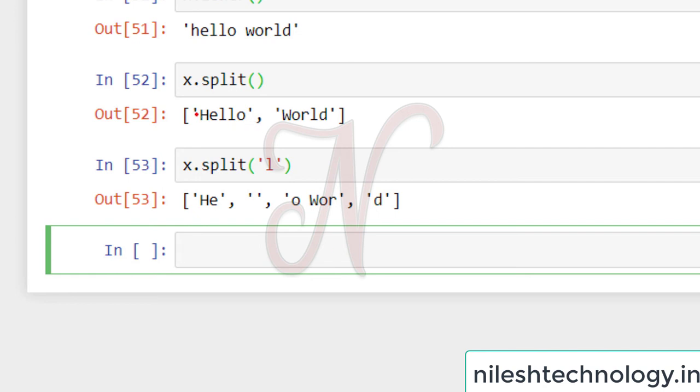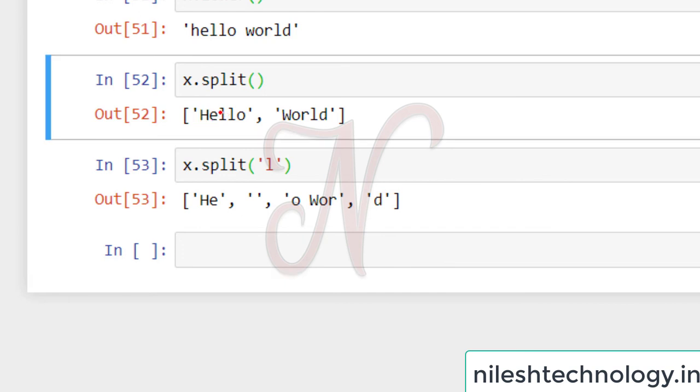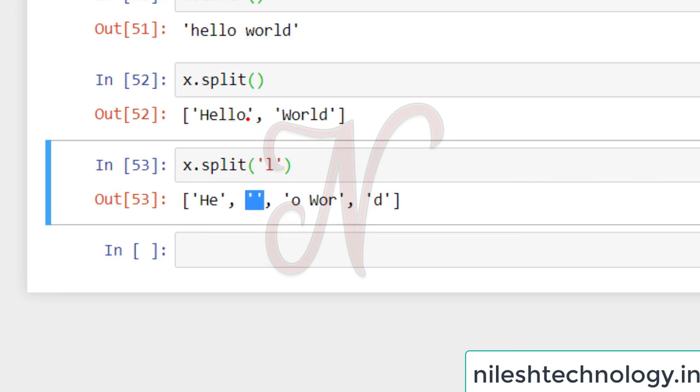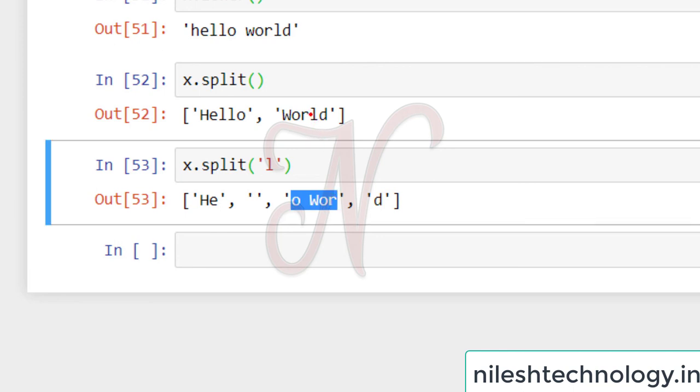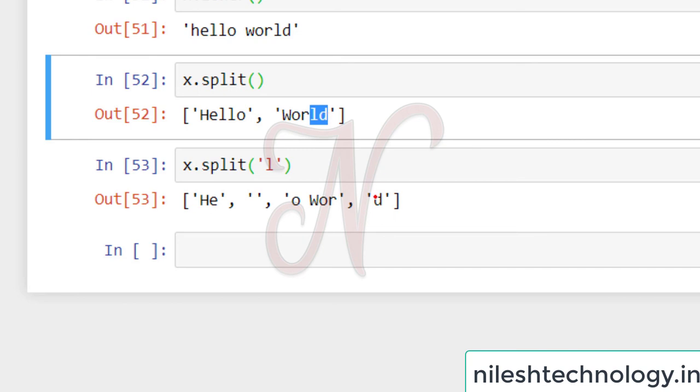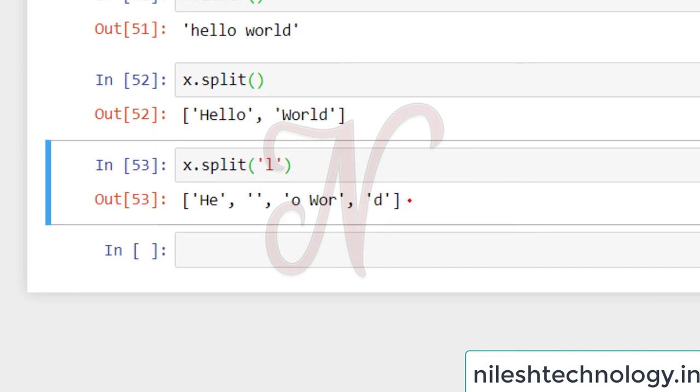My first split is HE, where L is removed. Between the next L and L there is no string, so my second string is empty. From the second L to the third L, my string is O space WOR. From the last L to the end, D is the last string. You can also use other characters.